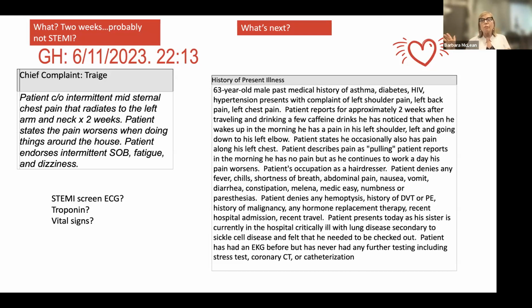Now, he's had an EKG before, never had any further testing, hasn't needed it apparently, including hasn't had a stress test, hasn't had a cath, hasn't had a coronary CT. Apparently, he hasn't needed it. Okay. Now, I'm going to just add here, I didn't have time to pull that data in, but really, really